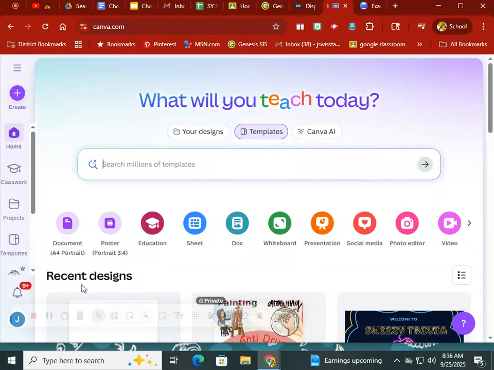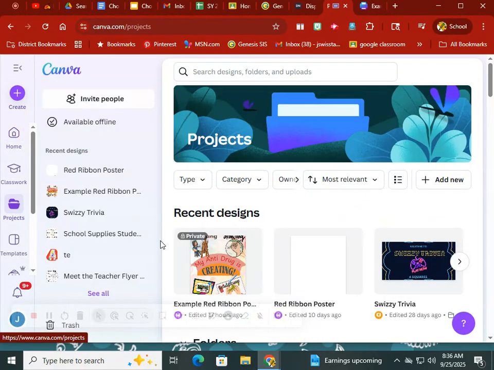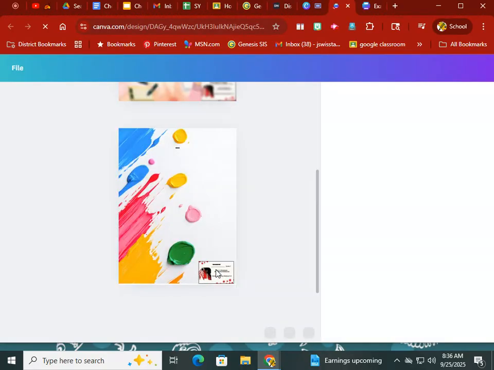And under recent designs, that's where you should be able to see the poster that you were working on yesterday. If you can't find it under recent designs, you can always go under projects. If you click projects, then all of your projects that you've previously worked on should be there as well. So I'm going to go ahead and click on my poster design